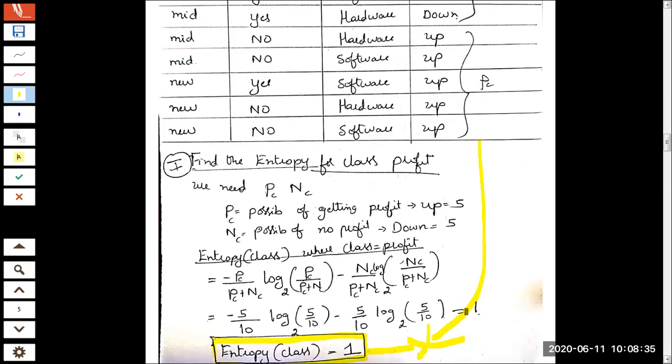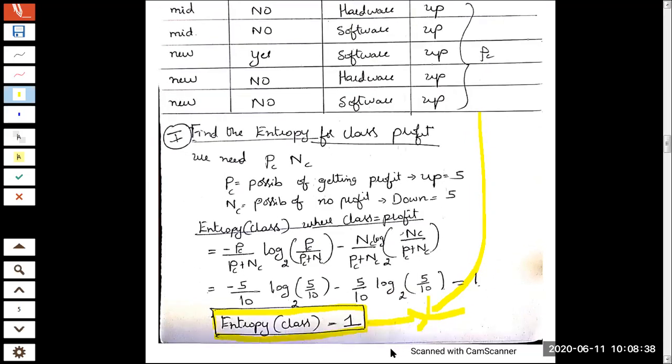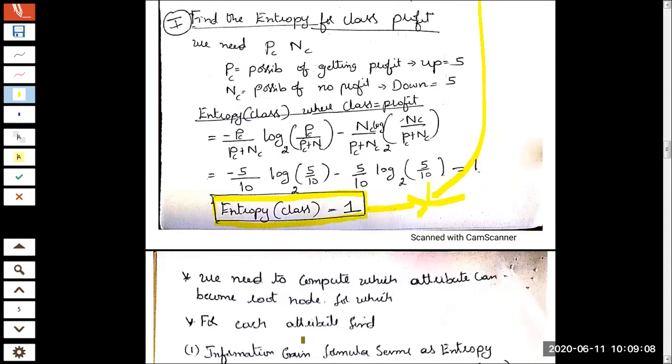Already I had explained, 1 indicates a very high entropy because the scale is from 0 to 1, meaning that the class is impure. That is the meaning. So you need to remove the impurity here. How do you remove it? You will remove it by constructing a decision tree with different nodes. The highest contributor for removing the impurity will become the root, and other nodes will be placed at various stages in the tree. With this, I will conclude the class because I do not want to overwhelm you with too much content.